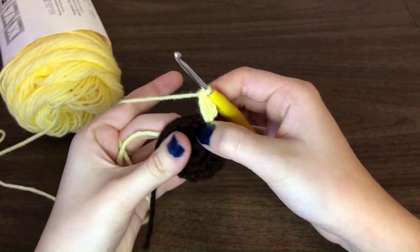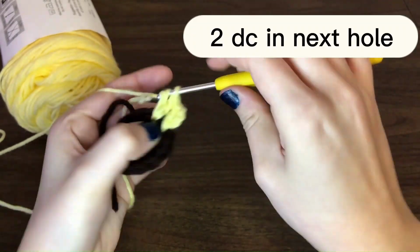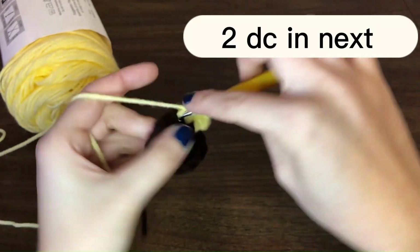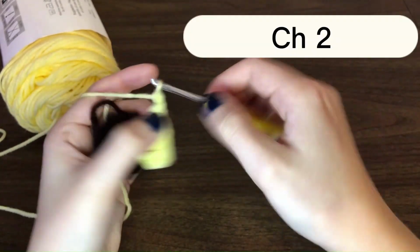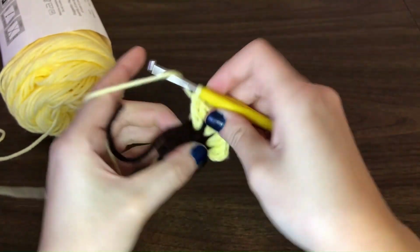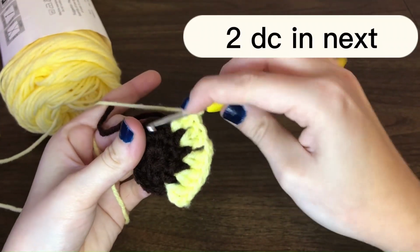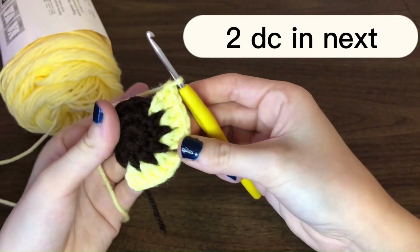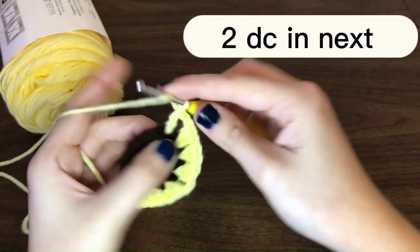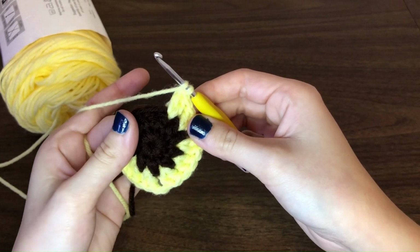and then we're going to double crochet 2 in between the next 2 double crochets, and then double crochet 2 in the next hole, and then chain 2, double crochet 2 into the next hole, double crochet 2 in the next hole, double crochet 2 in the next hole, chain 2, double crochet 2 in the next hole, double crochet 2 in the next hole, double crochet 2 in the next,